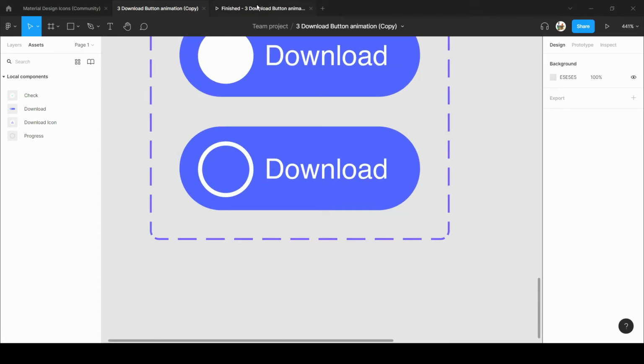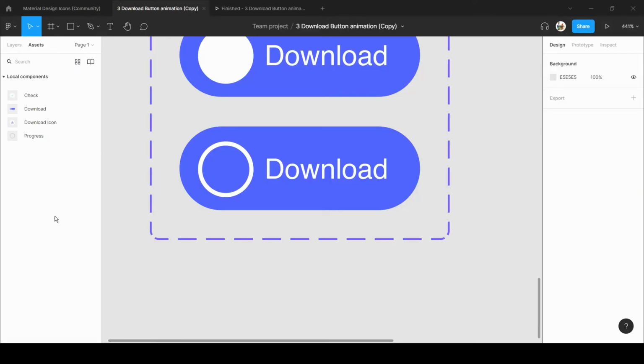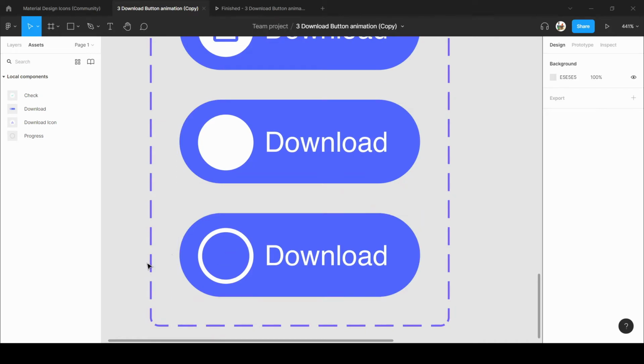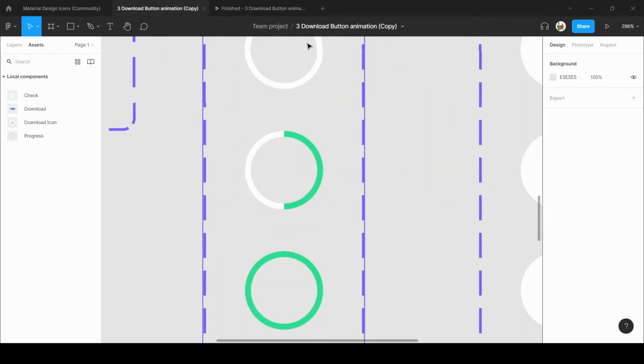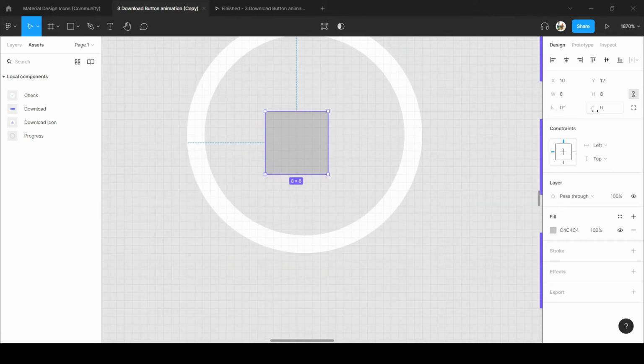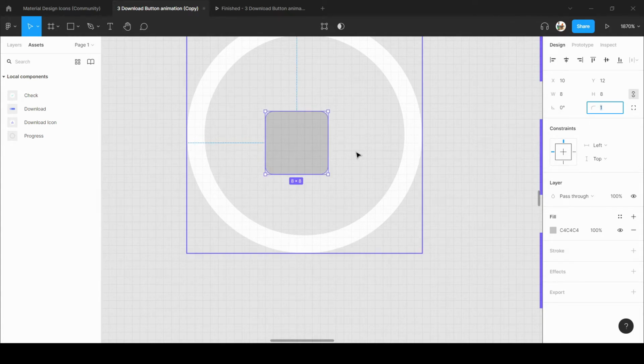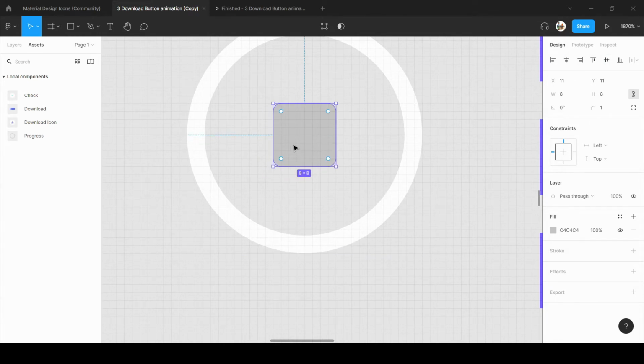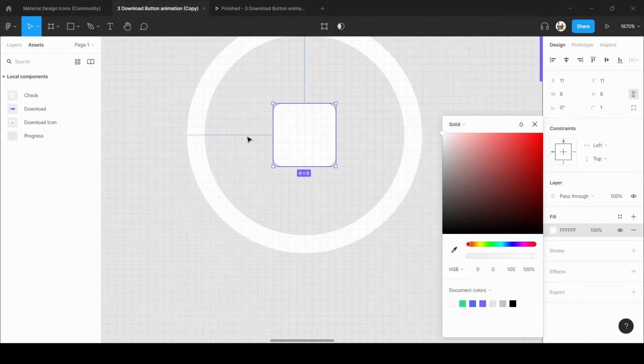So in the prototype you have seen that we have this download button, and inside that we have the stop icon. So let's create a rectangle, give it 1 or 2%. I'll say 1 pixel border radius.